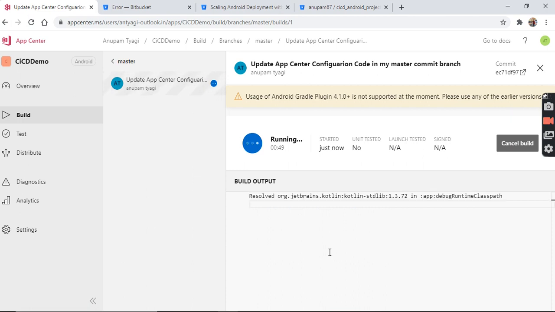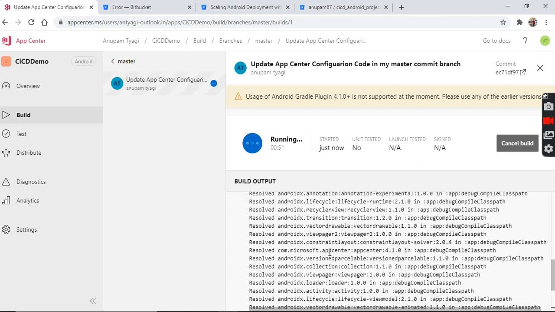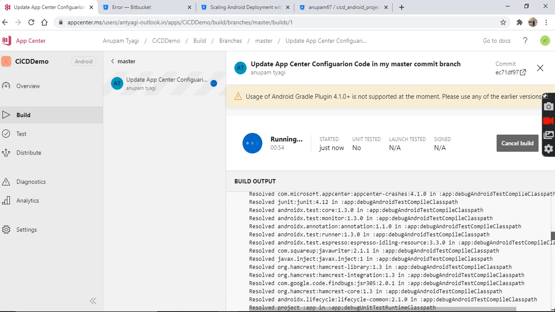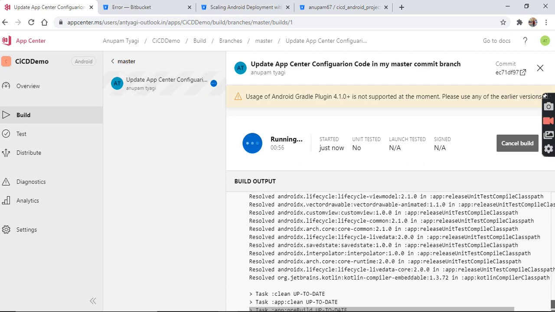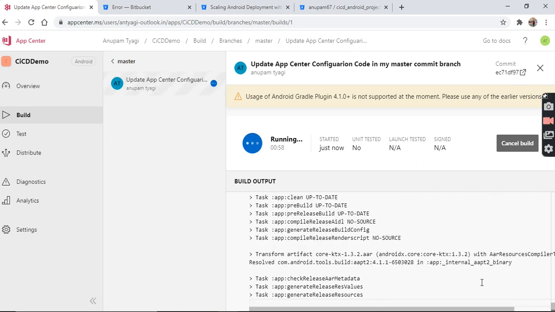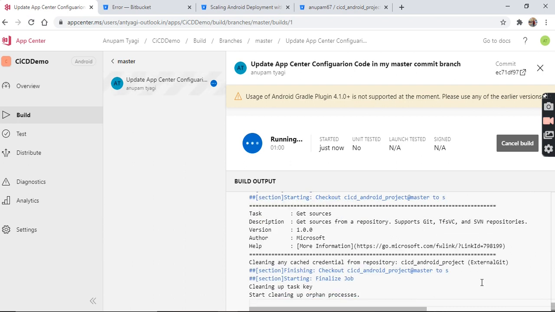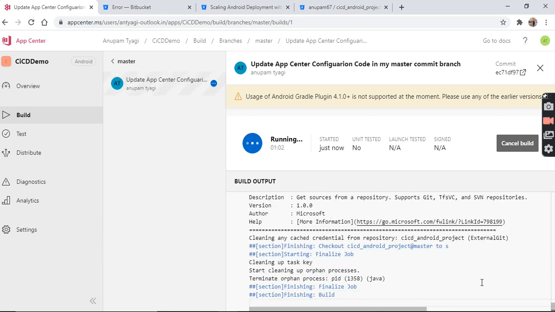You can check here, the app is building now. It is checking some build processes. It is taking some time. Oh, oops, the build has failed.